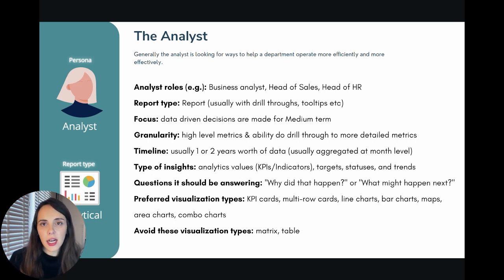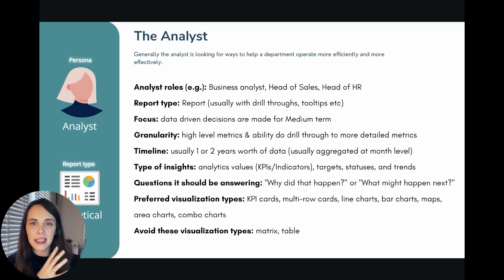They want it aggregated at week level or month level, preferably. They still go for the same type of data visualization as the executive person, though they go for KPIs or indicators, targets, statuses, and trends too. These reports will be used to answer questions like how did this happen or what might happen next, and the